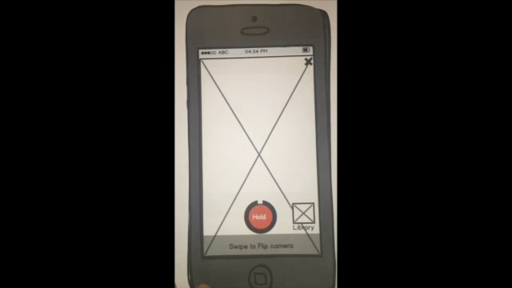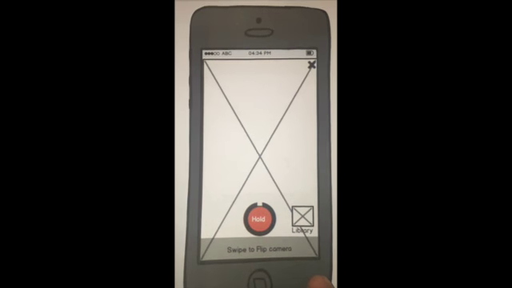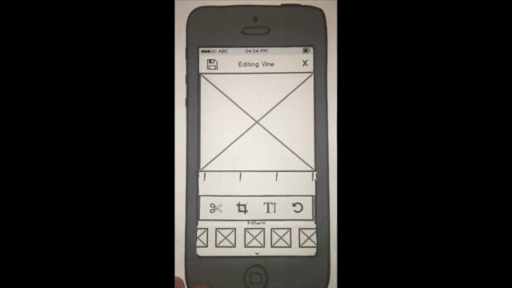The user could reframe their shot. The user could also swipe to flip between the front-facing and rear-facing camera, and then press again to continue the recording. Once the progress bar is filled and the recording is complete, the user would be taken to the Edit Vine screen, and here they have a view of the Vine that has just been created, which would be looping, and they can then have the option